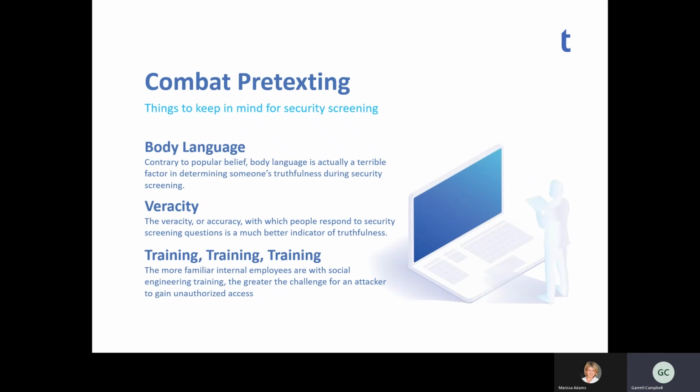Anything involving acting, sometimes you'll see with theater actors as opposed to film actors. Theater actors always overact a little bit, and film acting is known for being much more subtle. Body language can be predictable. One thing I will say about body language and how it can be used to combat pretexting is